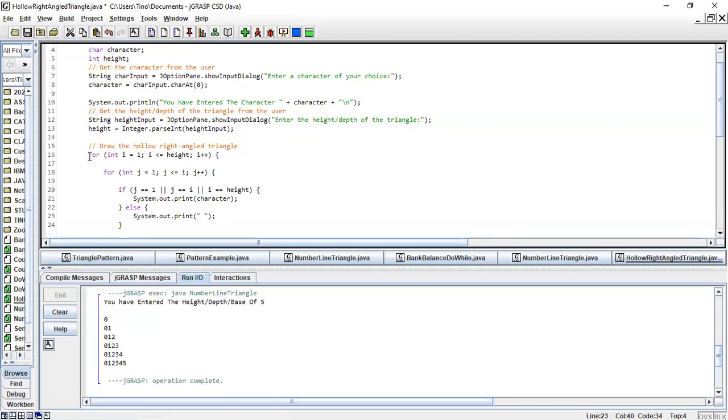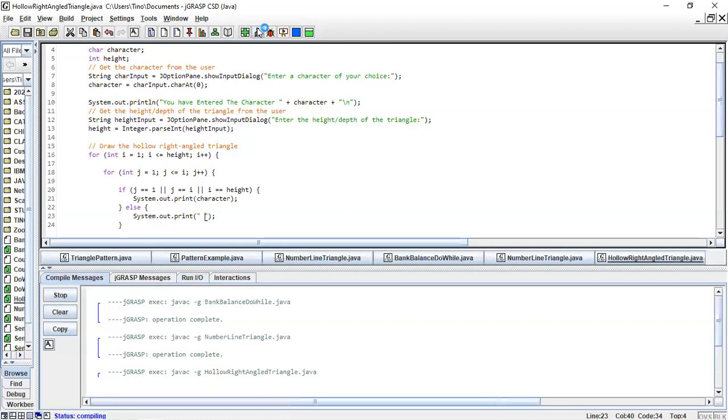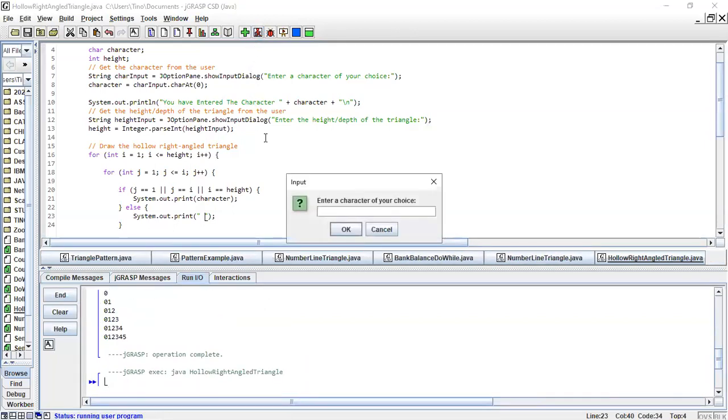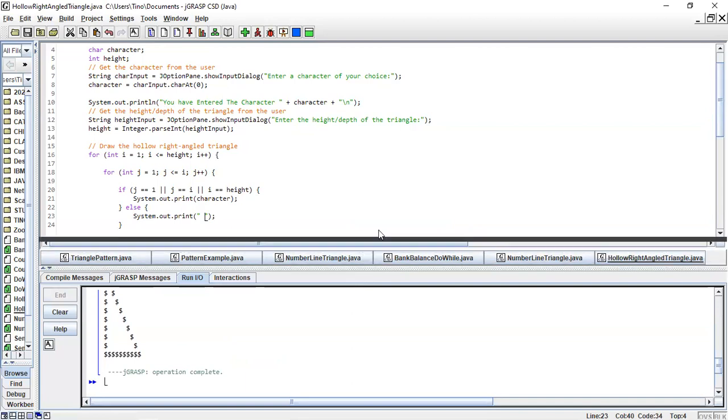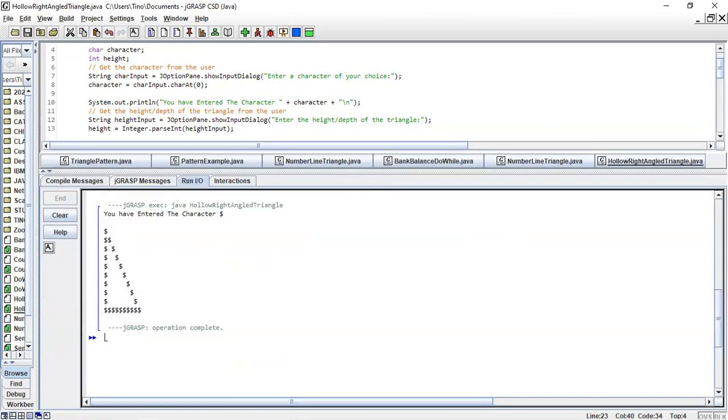So the real code of the way this problem was solved is here. You need to master this part, or how is it happening? So we put the what? The space here. Let's run it. Let's put our character of our choice. I can put a $ sign. Now we want to put the height. I can say 10 on line number 12 here. Then I say okay. So this is my what? My output, like this, right?